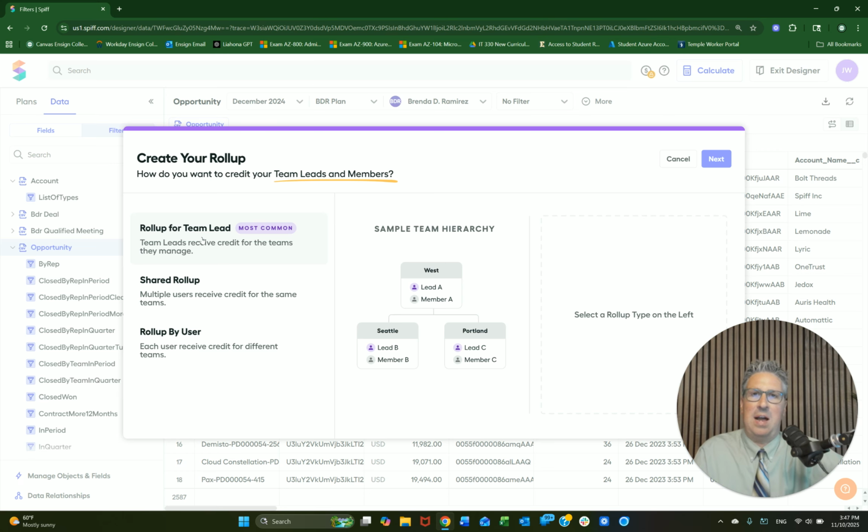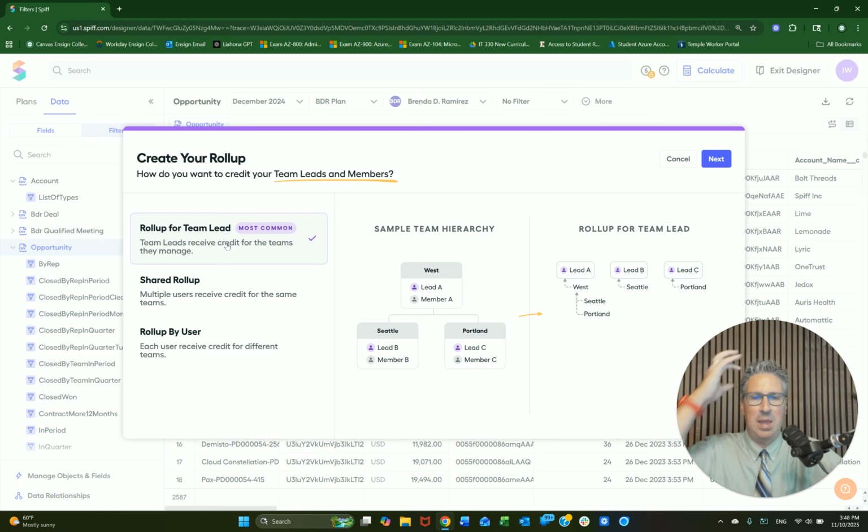It gives me three different options that I can choose for my rollups. The most common one, which is recommended, and it gives you kind of an example here on how it's going to work, but let me just explain to you really quick the differences between these three. The rollup for team lead is basically just going to use your team structure. If you want to pay out a percentage of commissions on how their teams are done using the team structure